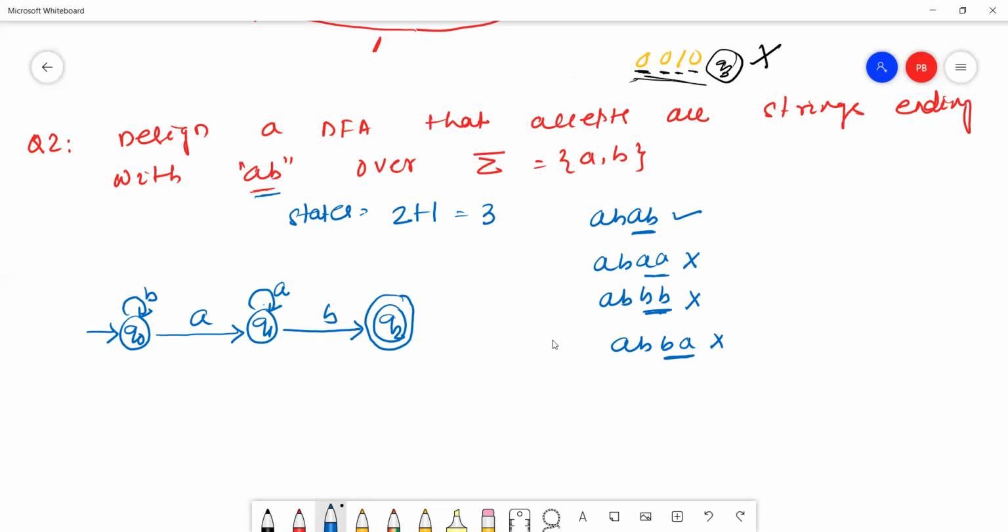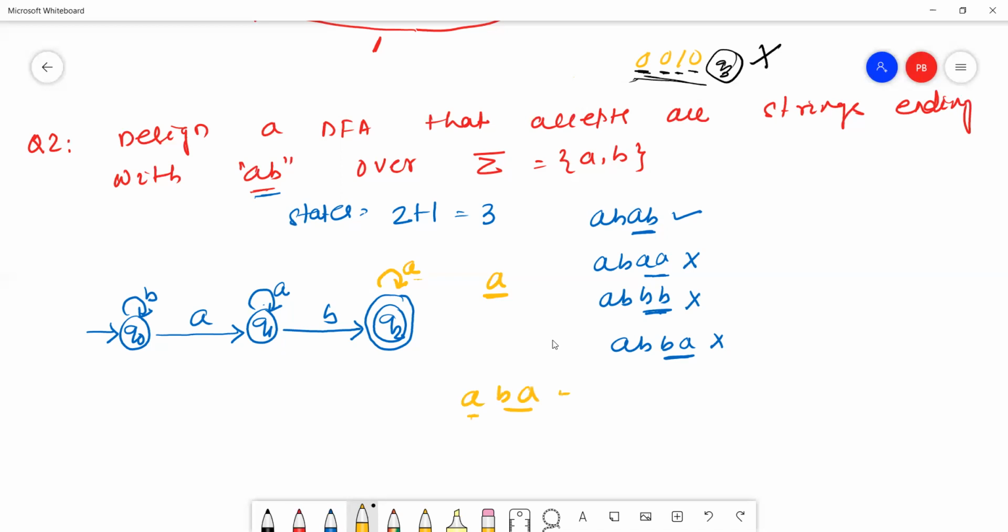First we'll check for A. If I just keep A on the same state, the Q2 state, what is the problem? The string may end with BA. Suppose ABA is a string.